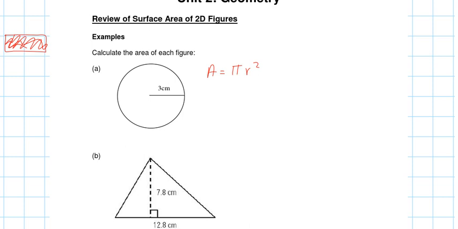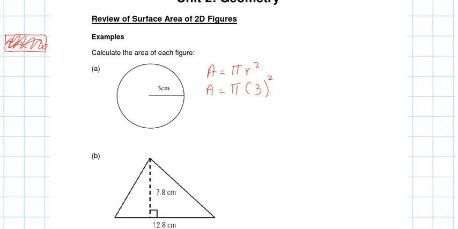Now, something that you have to be careful with is that when we're using pi, I want you guys to use the actual pi button. Don't use 3.14. You're going to use the actual pi button on your calculator. So area is equal to pi times 3 squared. And your answer is going to be